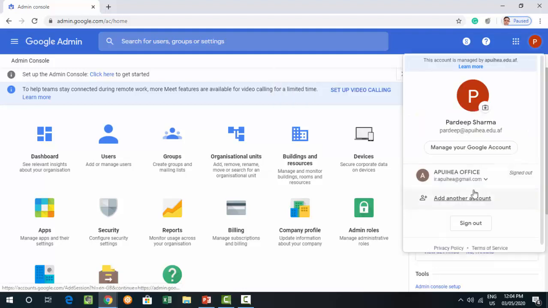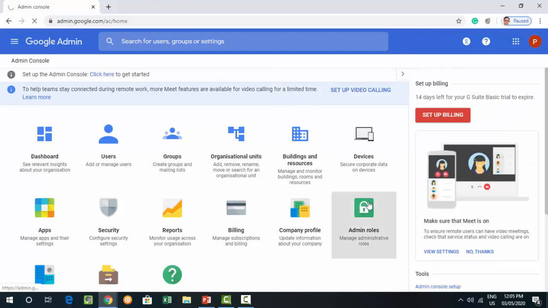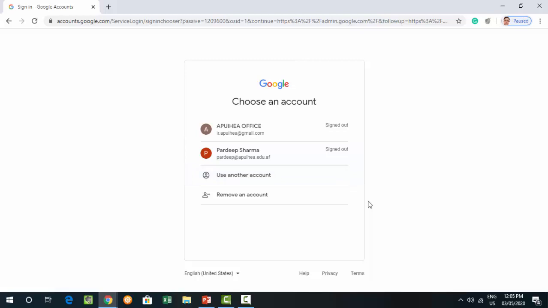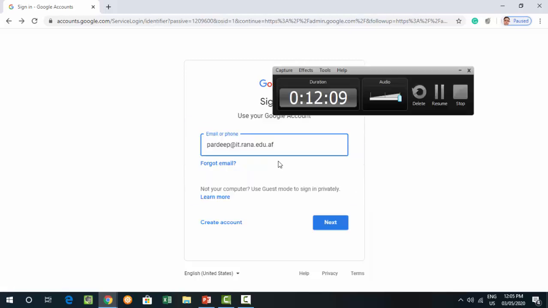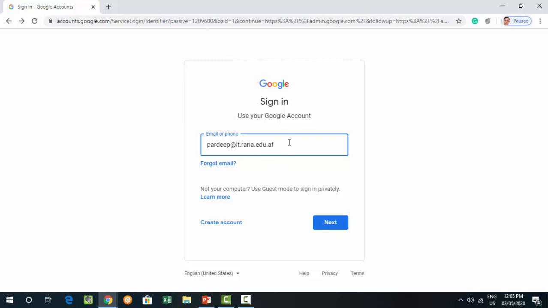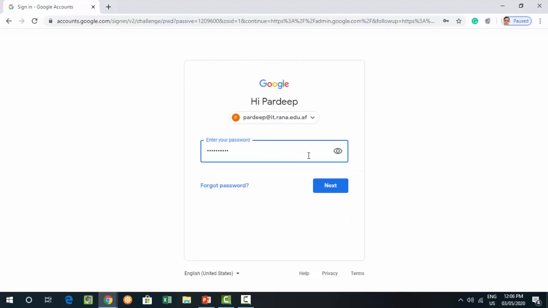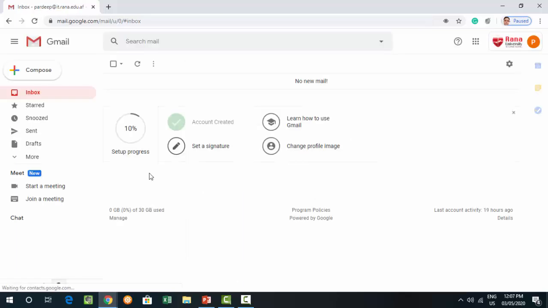So I come to the dashboard. I am going to enter my other official domain account here. You can see this is my other account. I enter the password of my other official account and click the login button. After successfully entering the password, my interface is open, and right now my official ID is Pradeep at it.rana.edu.in. Now you can see that if I come to this section, Google Apps,